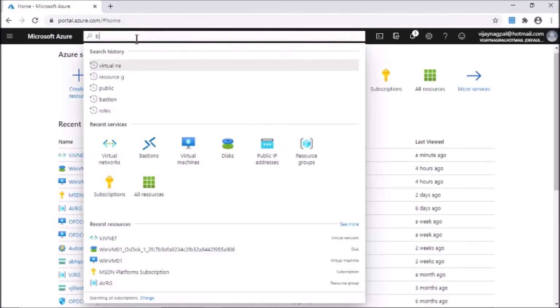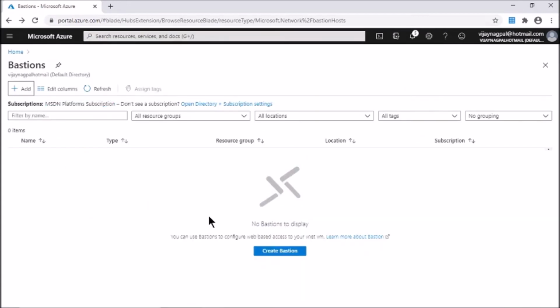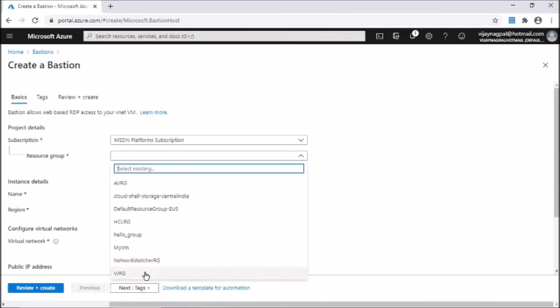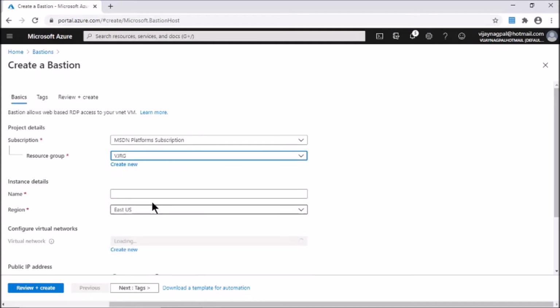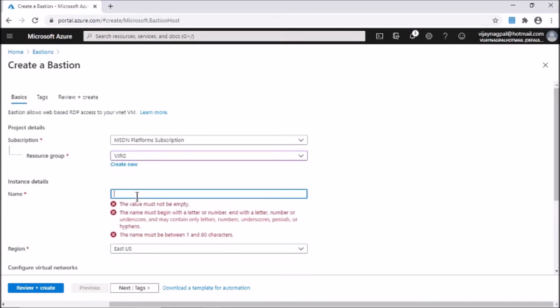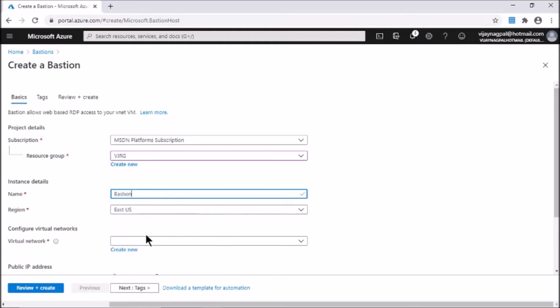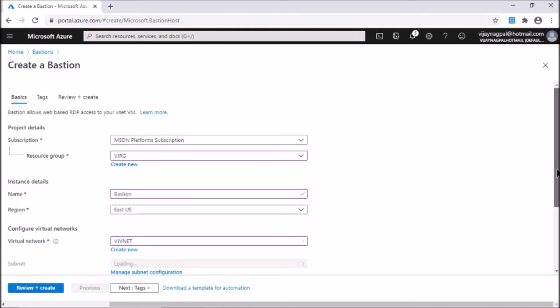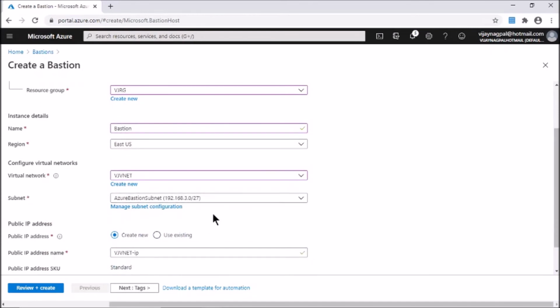You can search Bastion from the marketplace. Here I don't have any Bastion, so let's go ahead and create the Bastion. Here provide the resource group name. I will select VJRG. Name, I will name it Bastion. Region is fine. Here I need to provide the virtual network. The virtual network should be the same one where I have the virtual machines which I will try to access using Bastion. So I will select VJVNet, and here you can see the Azure Bastion subnet is automatically populated.